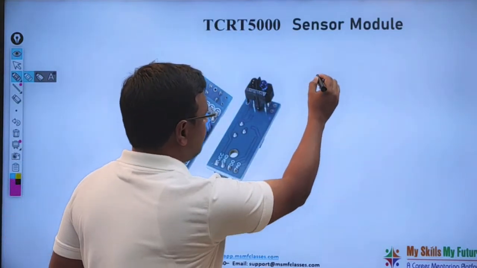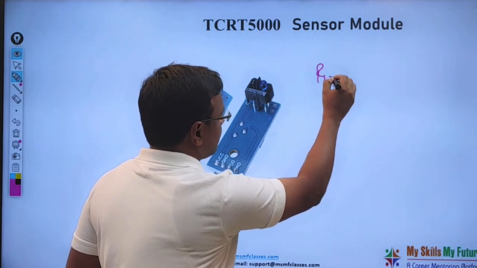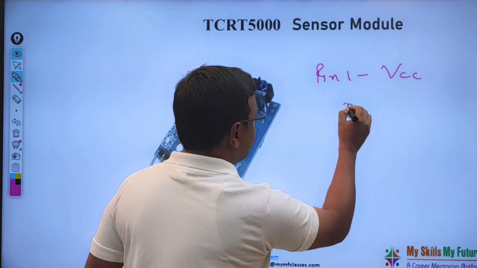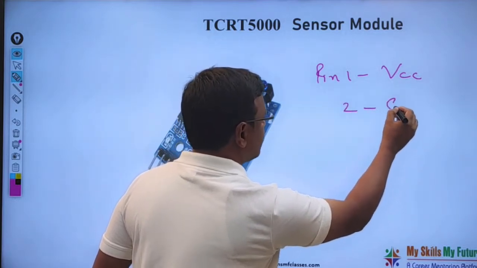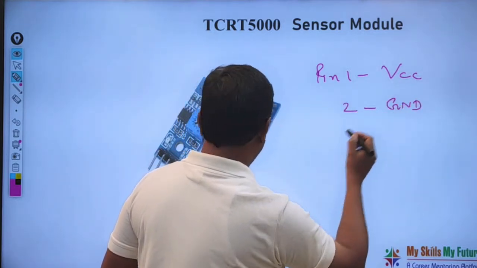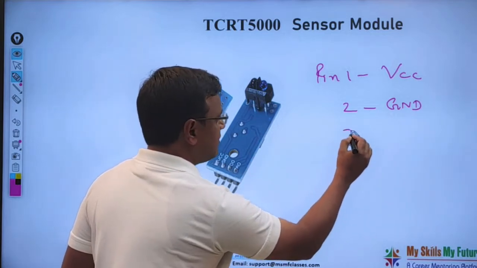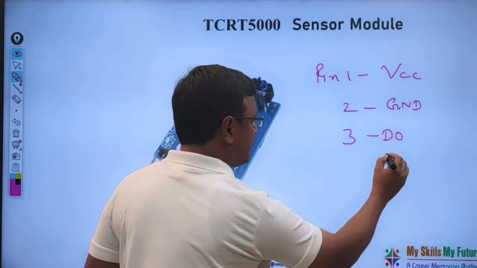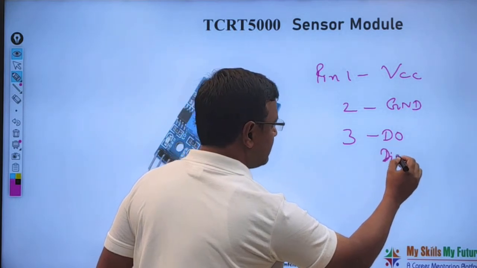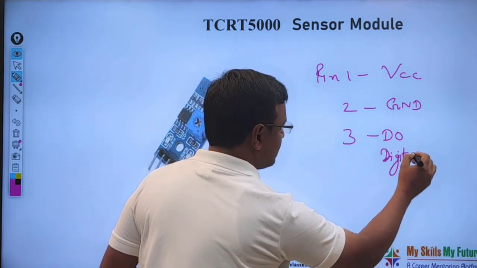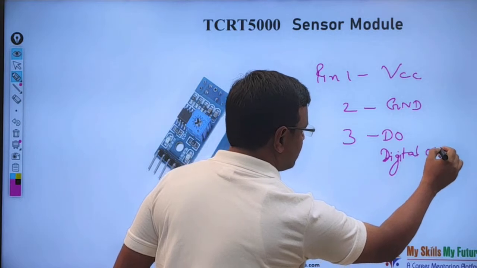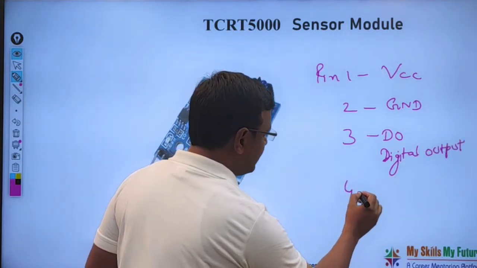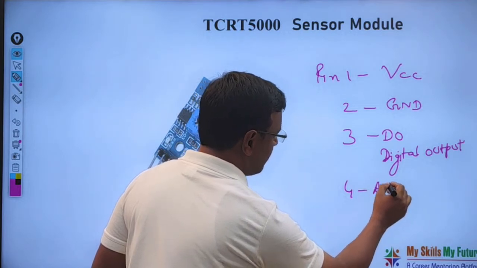Pin number 1 is VCC. Pin 2 is ground. Pin 3, you can see here, is written as DO. DO is nothing but digital output, right? And pin number 4 is mentioned as AO.